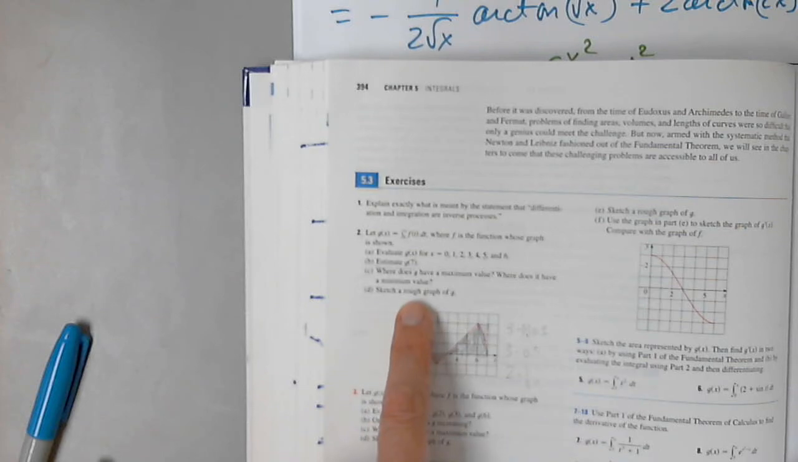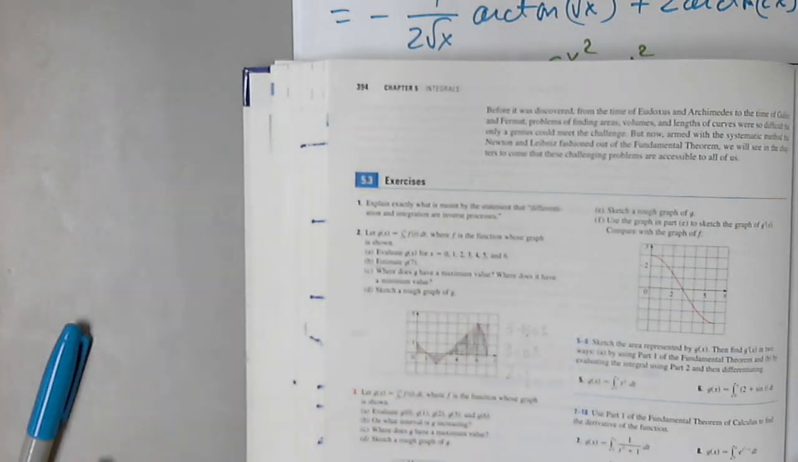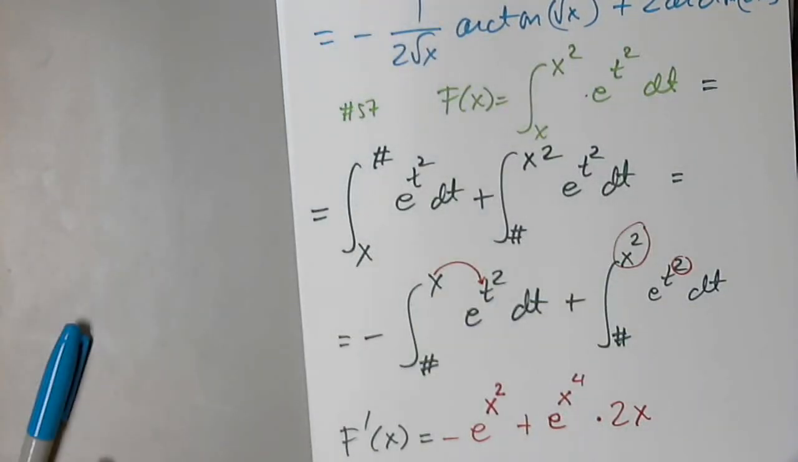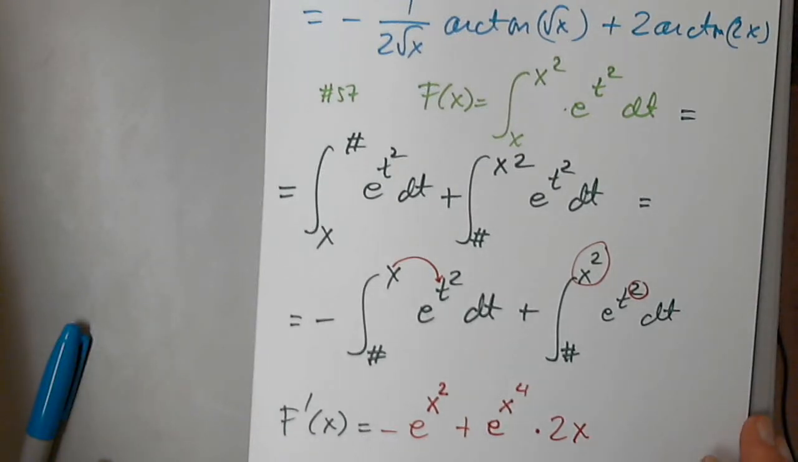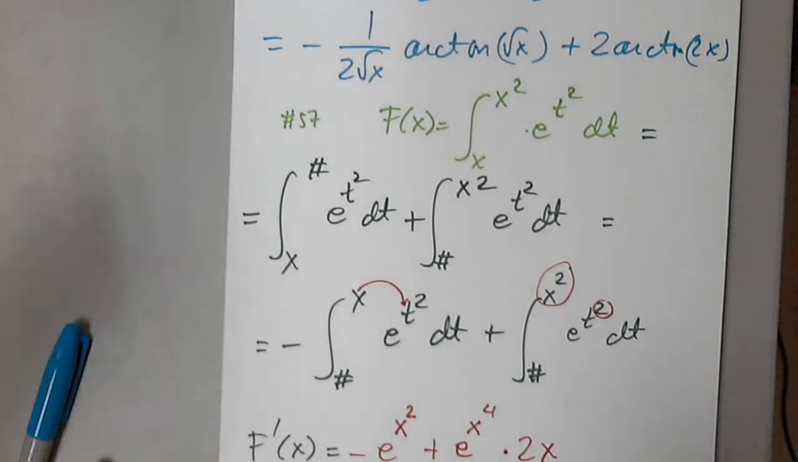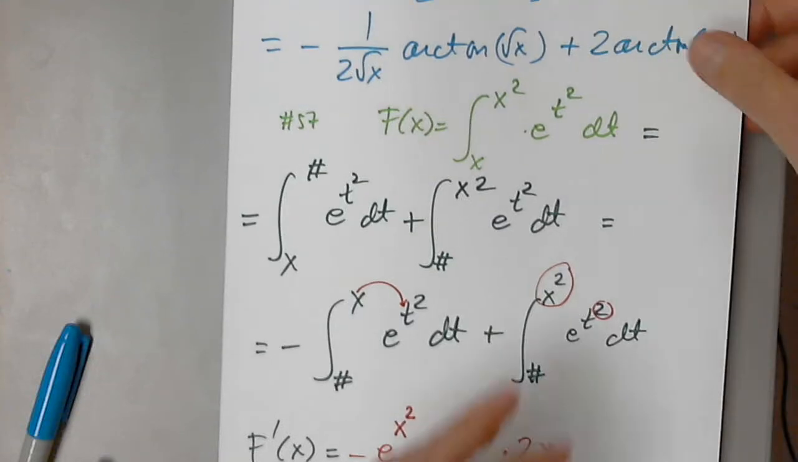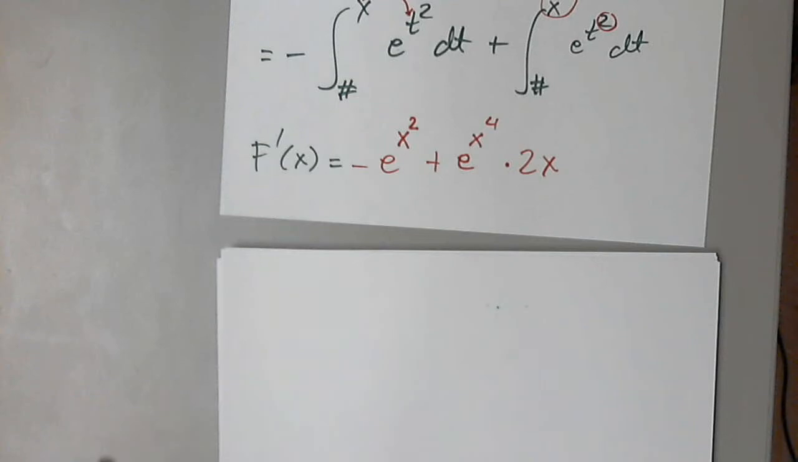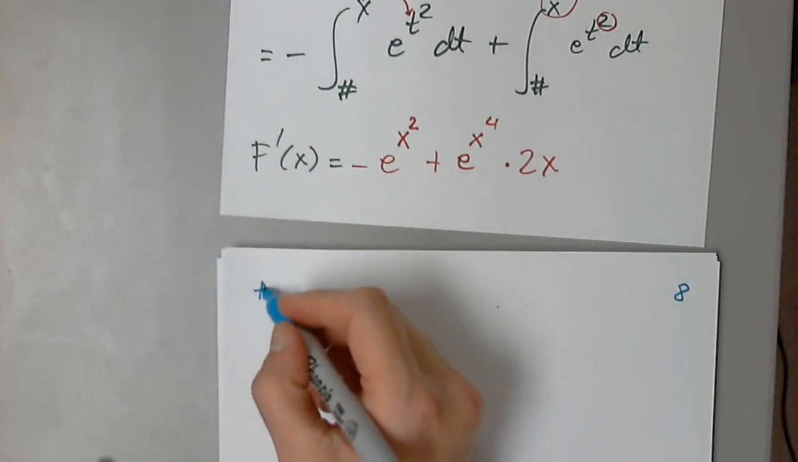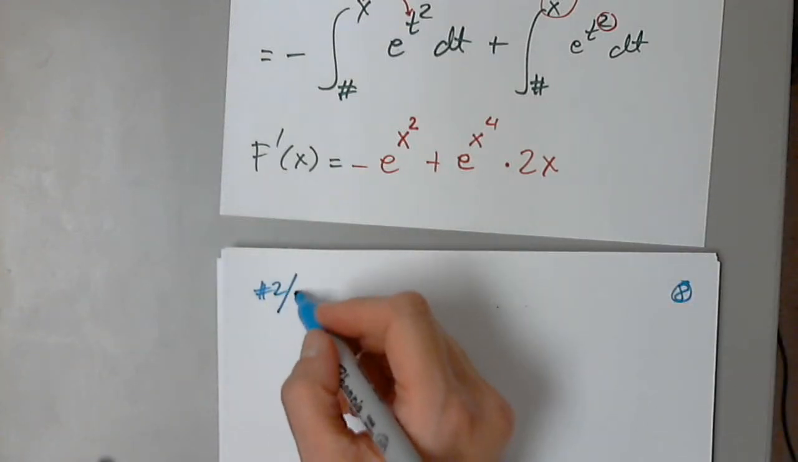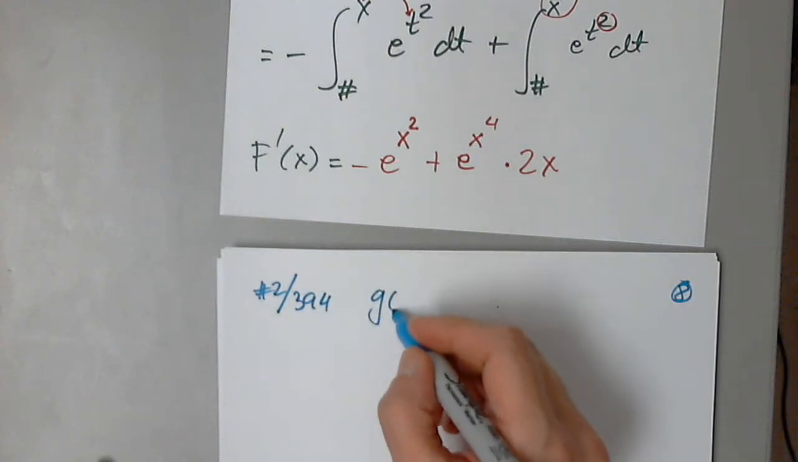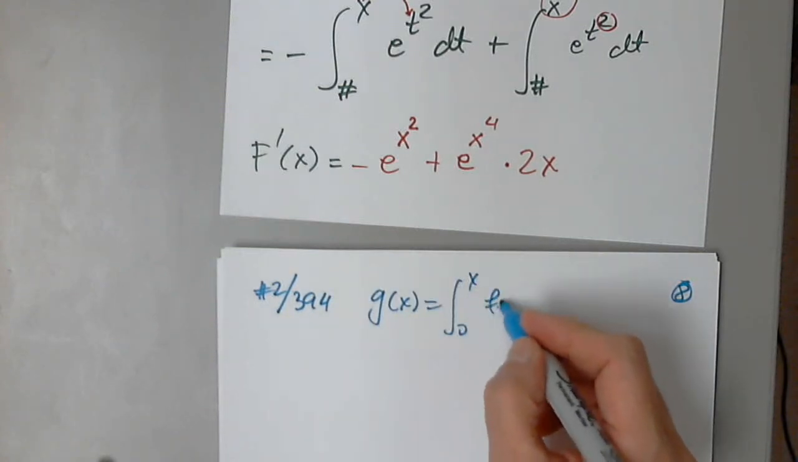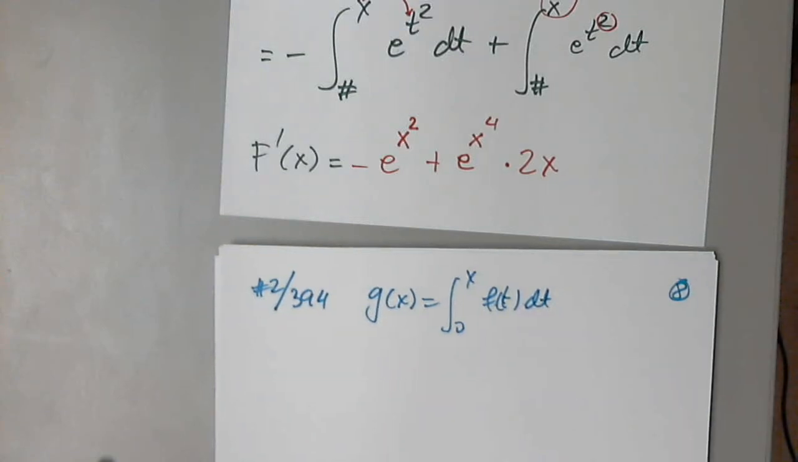How will I sketch a rough graph? It cannot be an exact graph. If you give me those points, I'll sketch it. So let me also write them here so you have them. This is problem 2 on page 394. So g of x was the integral from 0 to x of f of t dt. And we said